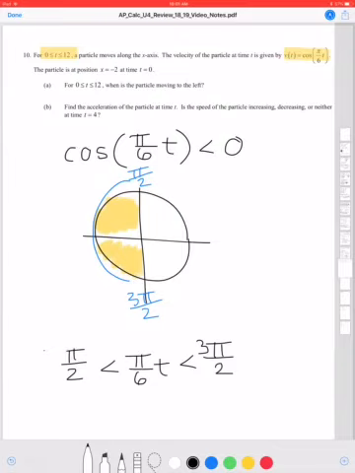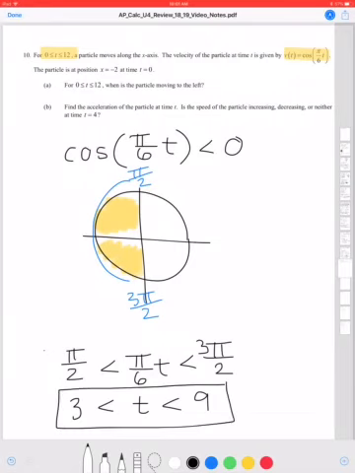So if we solve for t, we divide both sides by pi over 6, keep change flip, the pi's will cancel, and that'll give me 18 over 2 and 9 on that side, and 3 on the other. Alright, so between 3 and 9, the particle is moving to the left, or you could write it 3, comma